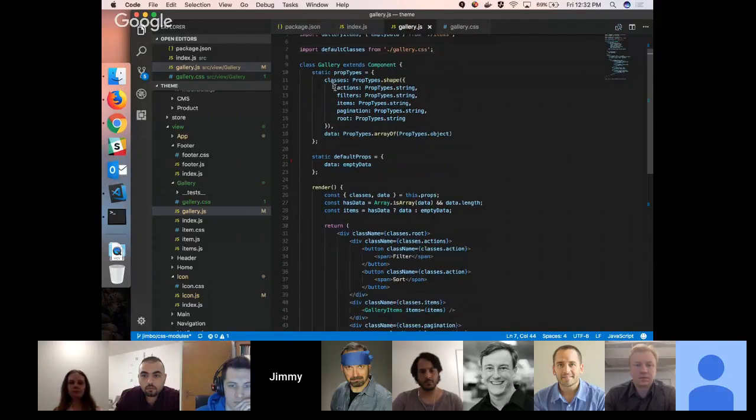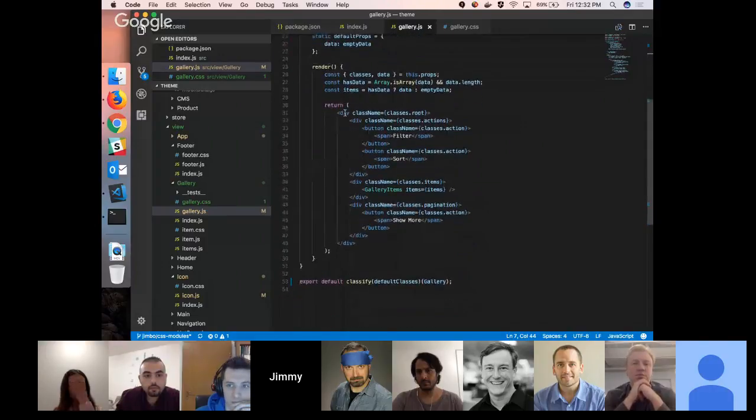Up front, you can define what the interface for what your component accepts in terms of data looks like. So, we expect an array of data, in this case, products, and also some class names, which we'll be applying throughout our view. We have a render method, which is basically like the view you would be familiar with from other things.